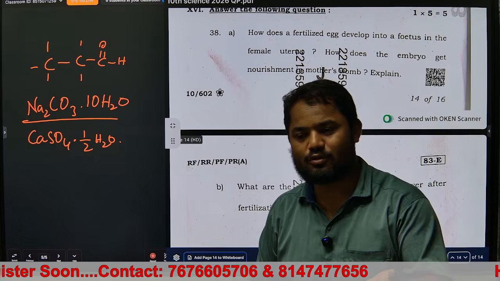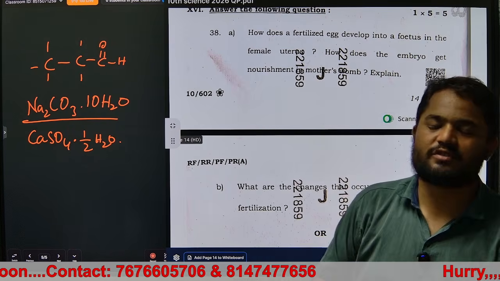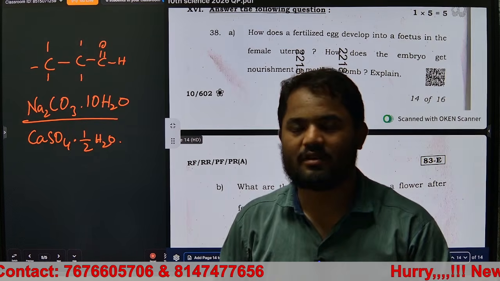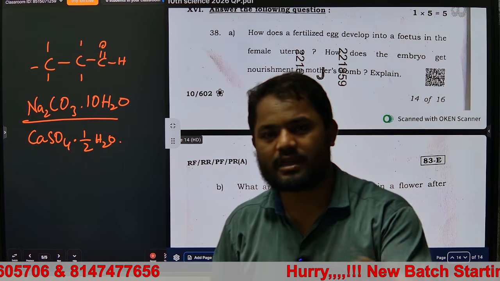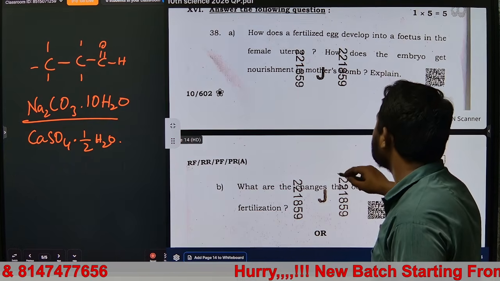That is, oxygen and glucose are taken, and whichever waste materials are produced inside the baby, the fetus or developing embryo, are given out to the mother's body. Next,